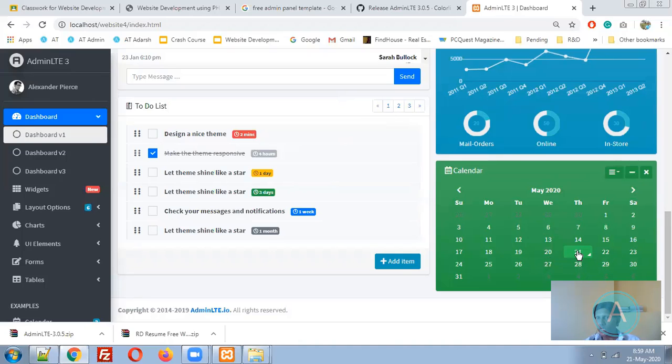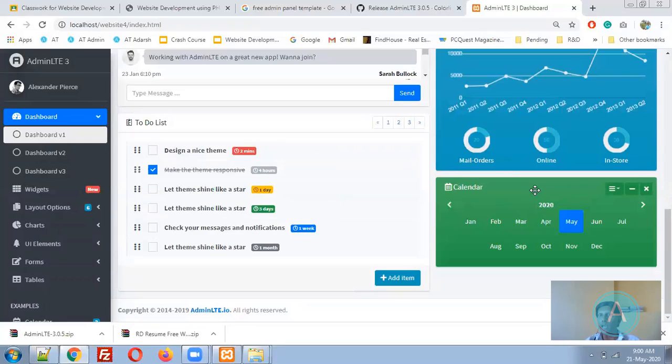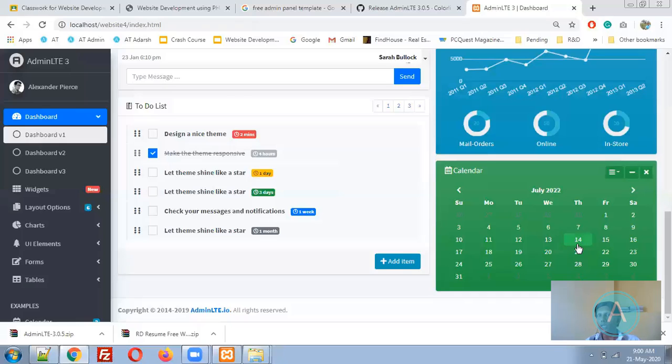You can see 21 is highlighted, this is Thursday, May 2020. You can change the year also. So much functionality is given over here. If you build this calendar, it will take one week to develop just the calendar. Now they have given you a ready-to-use calendar, you just need to use it.